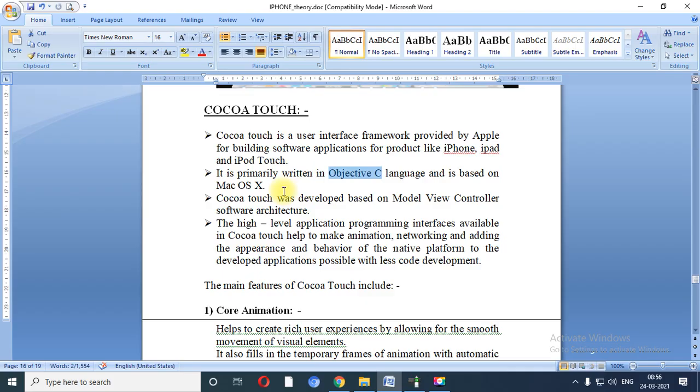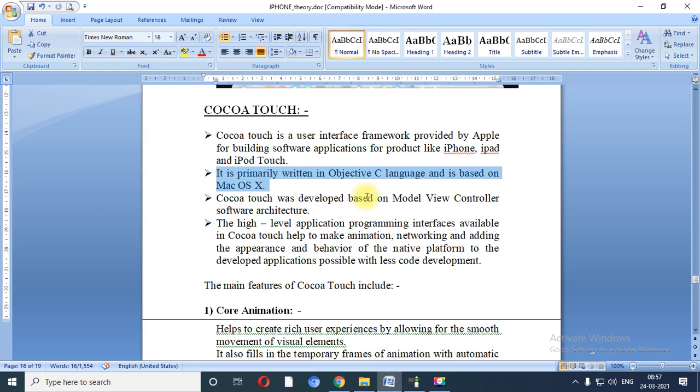Instead of Objective-C, which language can I use? That is the Swift language, right? But whatever code you are going to write in Xcode, the primary language is what? Objective-C. It is based on the Mac operating system.